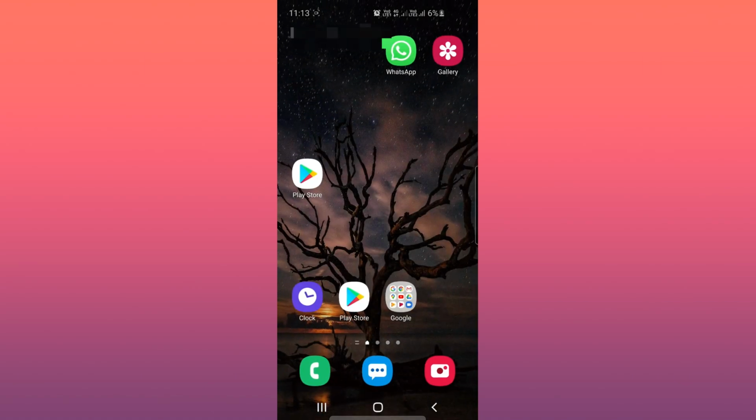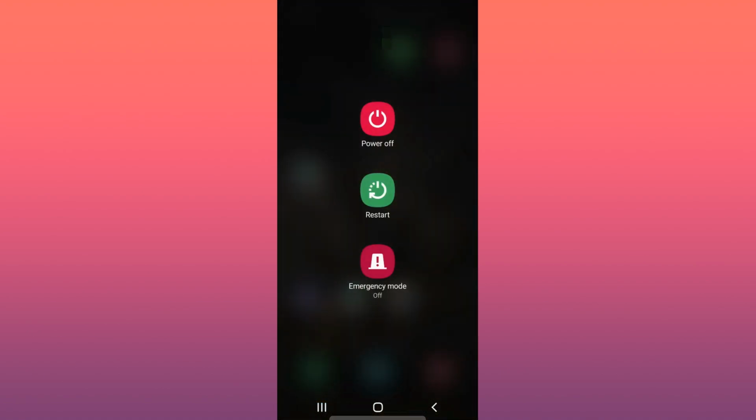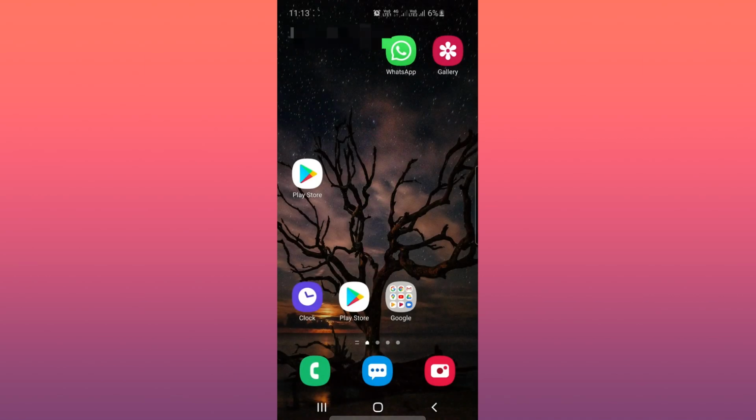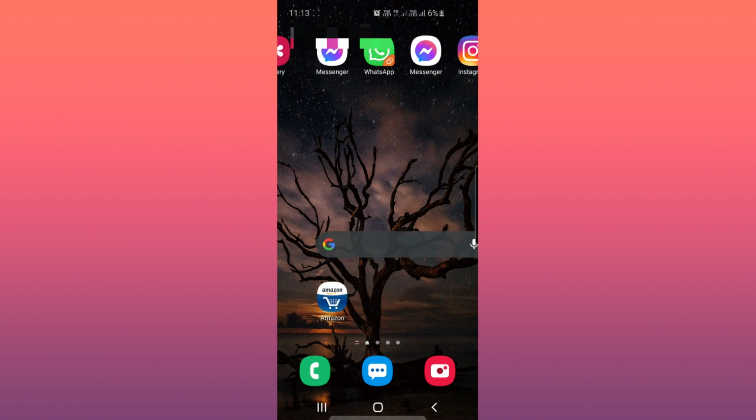So once clear the cache memory, you have to restart the mobile also. So restart the mobile. After that you try that.